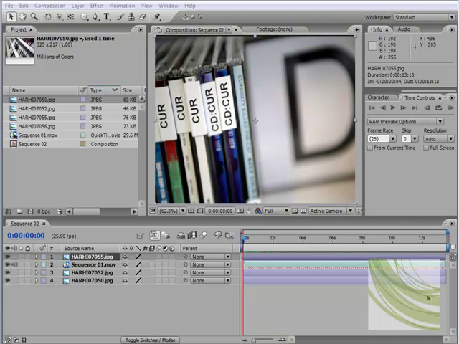Another crucial component with layers is the various different types of layers available to us inside After Effects, and this is what I'm going to show you in this video. So the first thing is I've got an image layer at the top inside my timeline, and what I'm going